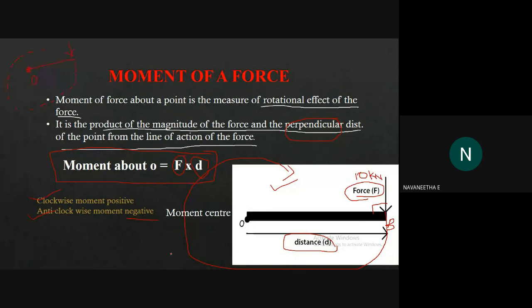Okay. Just write down that point. If the rotation is clockwise, the moment is clockwise, then the sign is positive. If the rotation is in an anti-clockwise direction, then the moment is anti-clockwise, then the sign is negative. Just write that down, and also please draw this figure. I will erase all the other things.